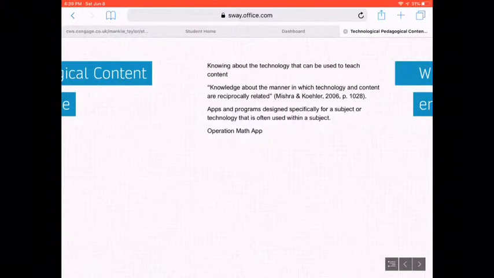But the question may be, how do we get our students in our classrooms to practice doing math equations in their head and not be tempted to write out that equation on paper using pen and paper? And that's where this application comes in handy, because what it does is it provides several math equations for the students to solve, and they're doing it in a timely manner where they're trying to escape